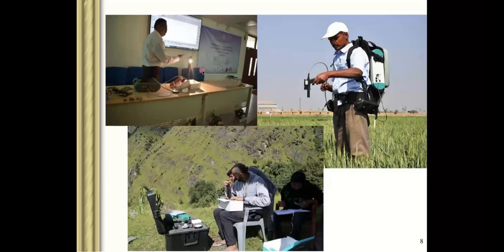It is quite a high precision lamp, and one lamp costs around 2 lakhs or so, because it gives very accurate output. If there is a fluctuation in the light, then there will be a disturbance in your spectral signature. So we need a very high quality lamp. You can see here this is a white panel, or we call it the white reference panel. So what is the white reference panel? This is the lamp with which we are taking readings of some species from the Himalayan region, and this is in our agricultural region.